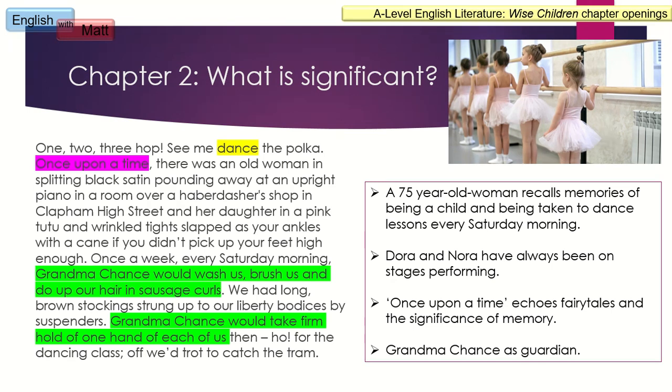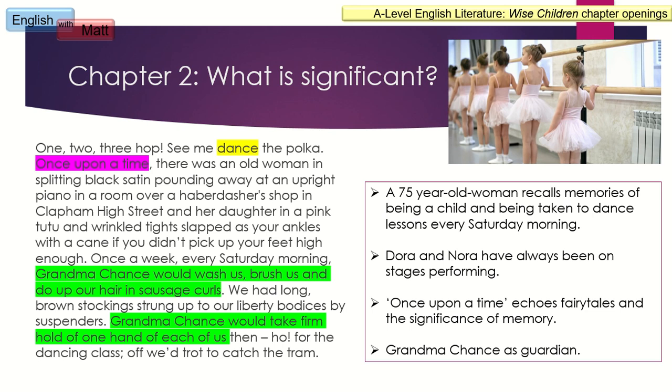Because they are only 6 years old at the beginning of chapter 2, it means that effectively they go on to spend a lifetime on stage. And we also in this section have "once a week" or "once upon a time", to remind us really that we are dealing with fairy tale here, and we're dealing with memory. And memory can be something pleasant to recall, but it can also verge into melancholy.